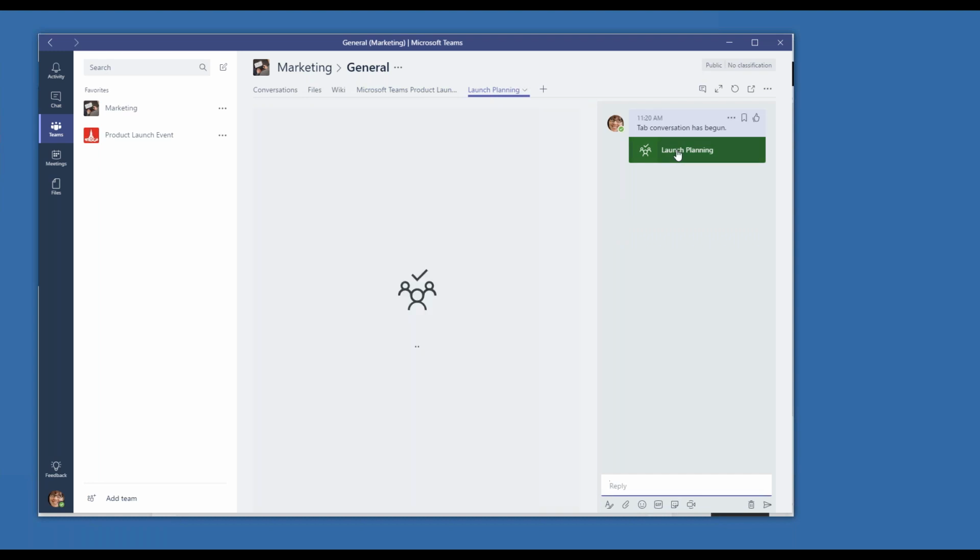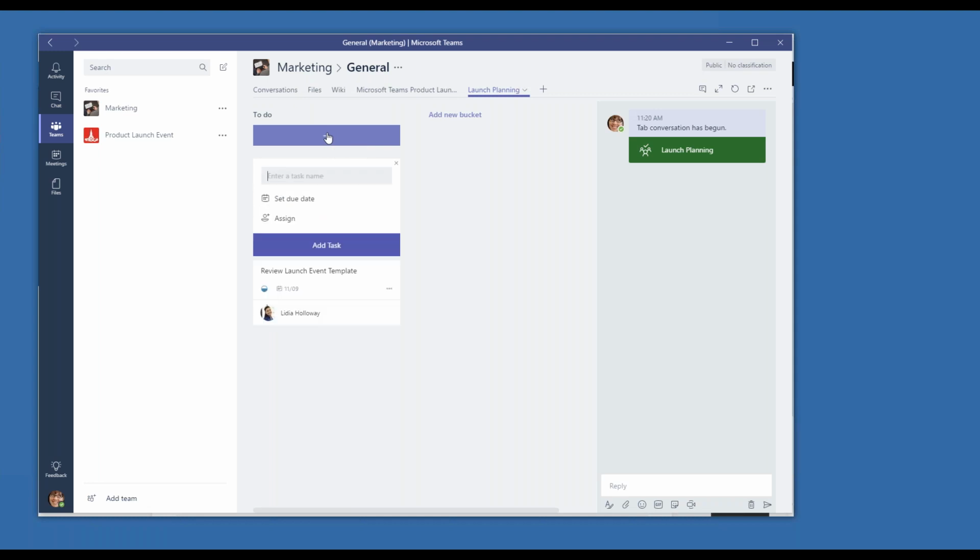Launch planning. So I began another conversation about launch planning, and I added tasks here. So I created to-dos. Not only were we working together on a PowerPoint application presentation, but I also created another component of the team, which was launch planning, and so I can add in my tasks. So I create a new task,